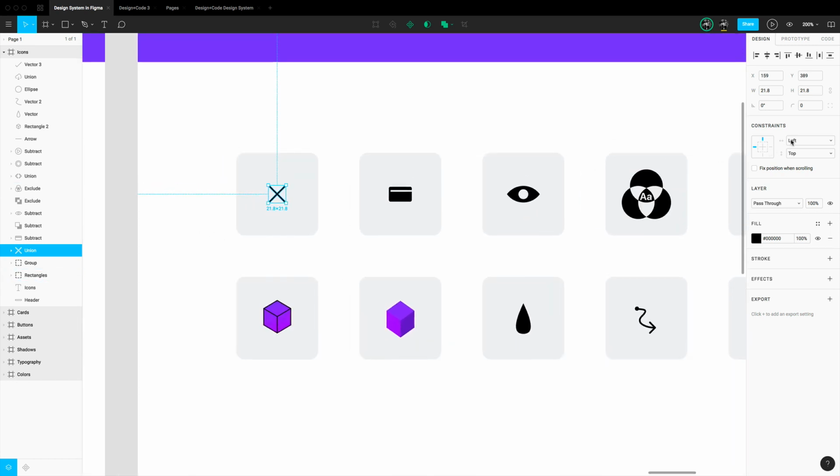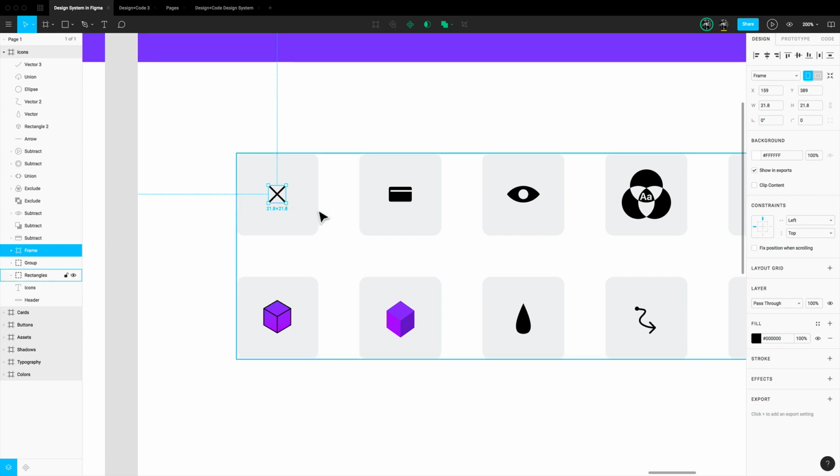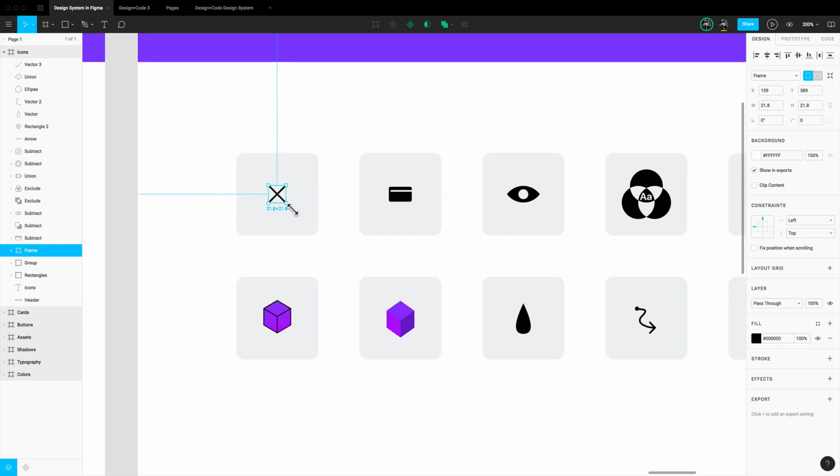you can set the constraints first, so center and then center, and here I can do Command Option G, and that's gonna put it in the frame. And using that frame, I can basically do Option and then drag one of the points and make it into a frame of 50 by 50. So I'm gonna use this frame to set my component, and I should do the same for all the other